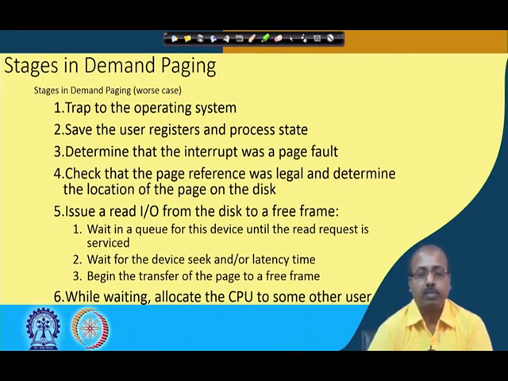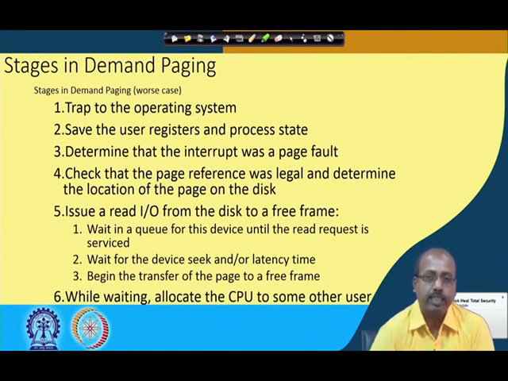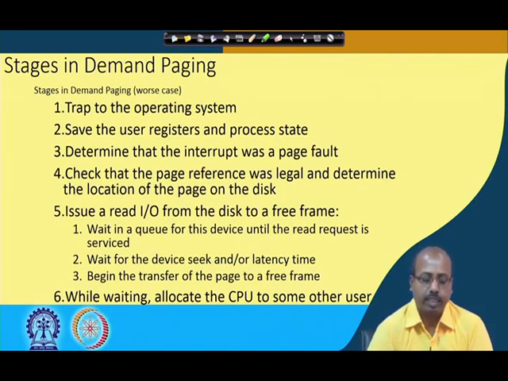Now, when a memory location is absent in the physical memory, there may be two situations. One case is that the address generated by the process is wrong, so it is outside the address space of the process, and as a result it is an error. The other possibility is that the reference is valid, but the page is not present in the memory. So, the first thing to be checked is whether the address belongs to the address range of the process, that is, whether the reference was legal or not.